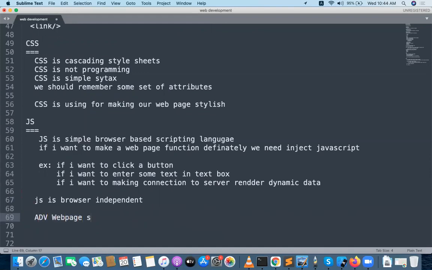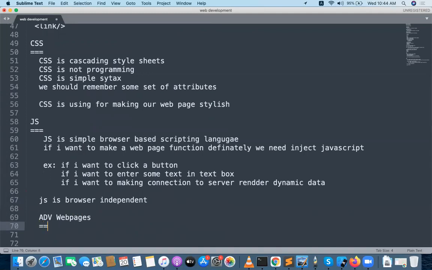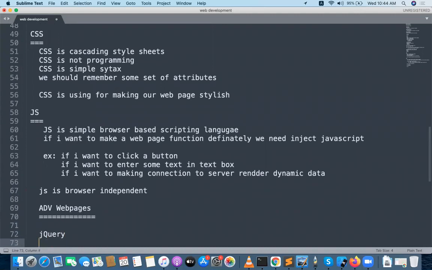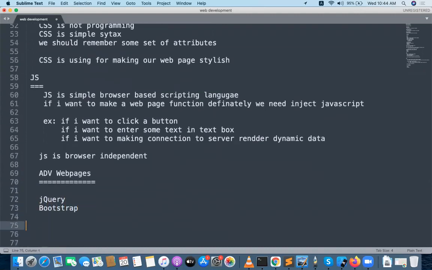Whenever we want to learn advanced level web pages, we need to learn many other technologies like jQuery, Bootstrap, jQuery UI, jQuery mobile. If I want to make my web page advanced level, I need to learn some other libraries like these.